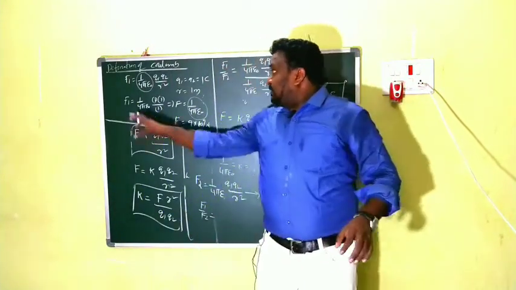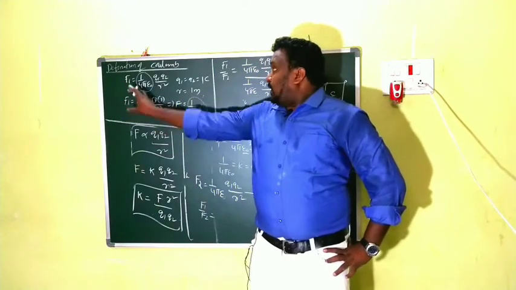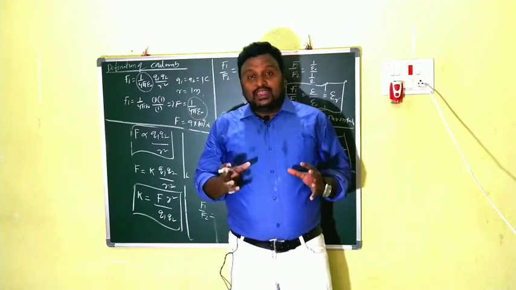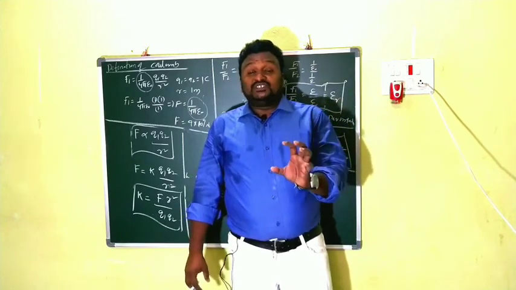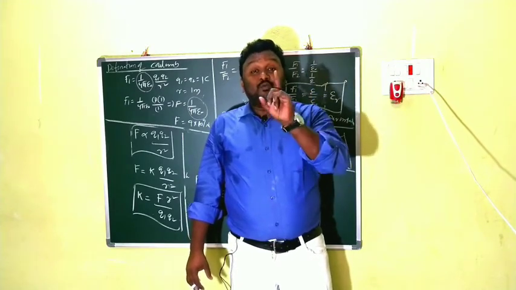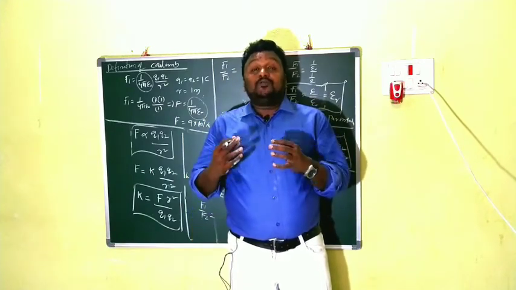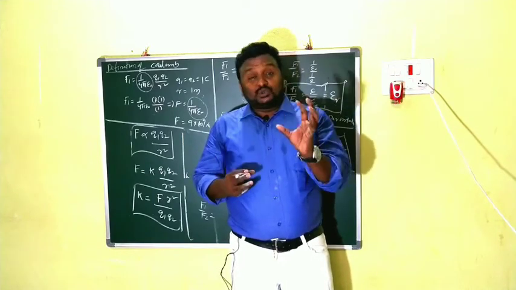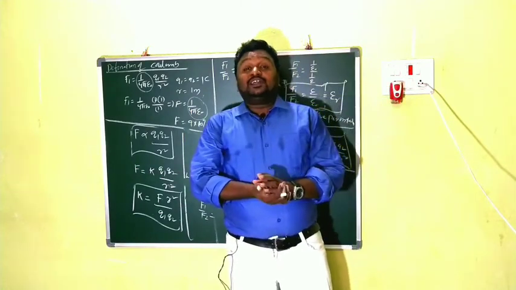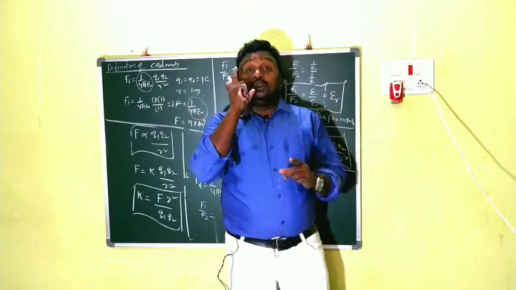For that we are taking the equation for charges in free space: F1 is equal to 1 by 4 pi epsilon naught Q1 Q2 by R square. From that we are defining: when 2 unit charges are separated by a distance of 1 meter or unit distance in free space, then the force of attraction or repulsion between those 2 charges equals 9 into 10 power of 9 newtons. Then the magnitude of charge is said to be 1 coulomb.